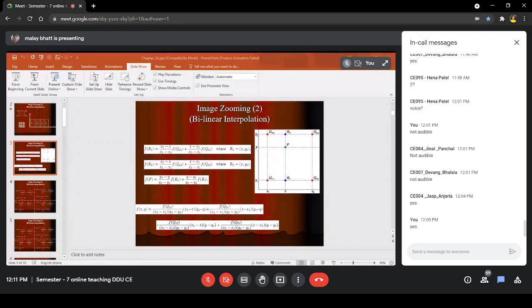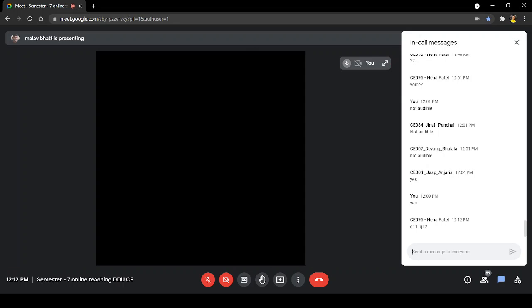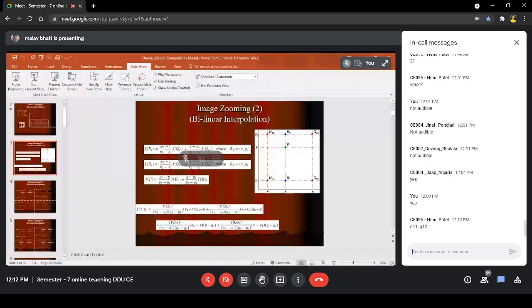Now we are talking about the first column instead of the row. If you can write in the chat window, it will be good. That is Q11, yes, your answer is correct, and Q12. We have to consider those two values for the first column.